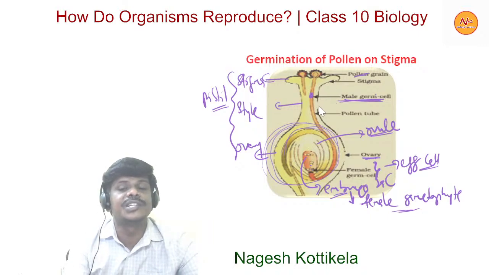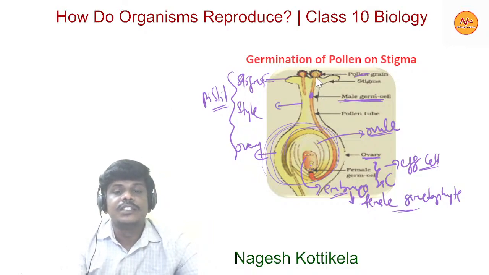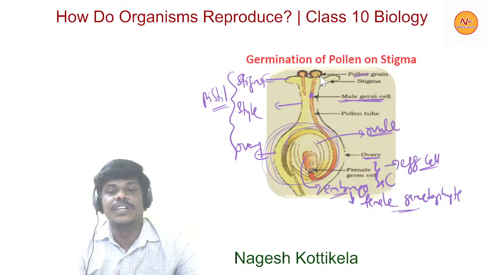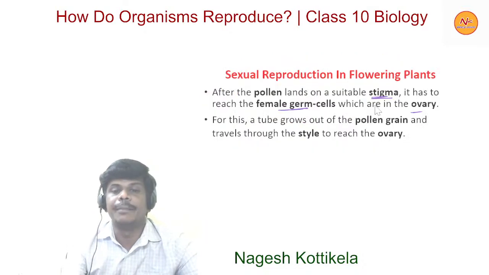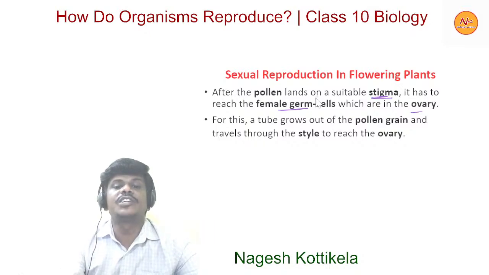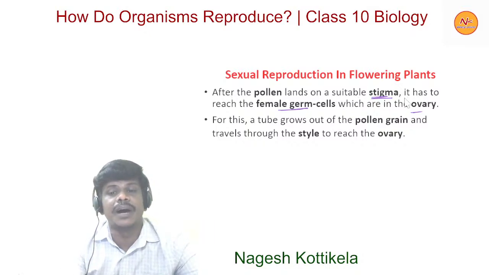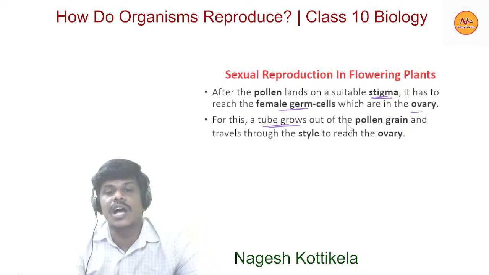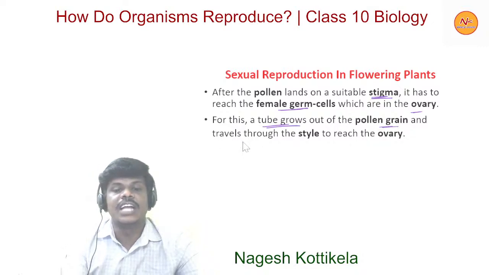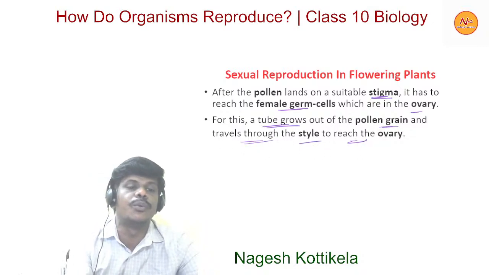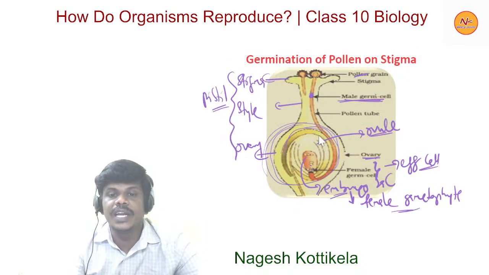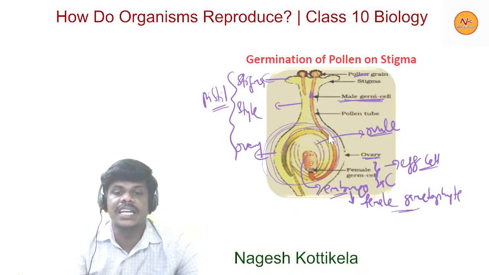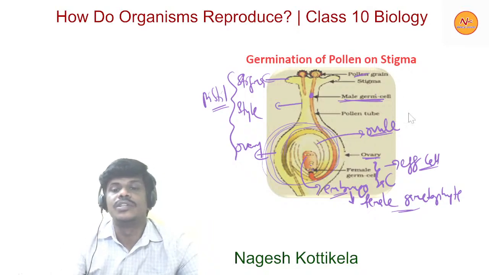So after pollination, what should happen? The pollen grain will germinate. The male germ cells have to reach the female gamete. After the pollen lands on a suitable stigma, it has to reach the female germ cells, which are in the ovary, and for this a tube grows out of the pollen grain and travels through the style to reach the ovary. You can see that the tube is growing, traveling through the style and reaching the ovary. This is what we call